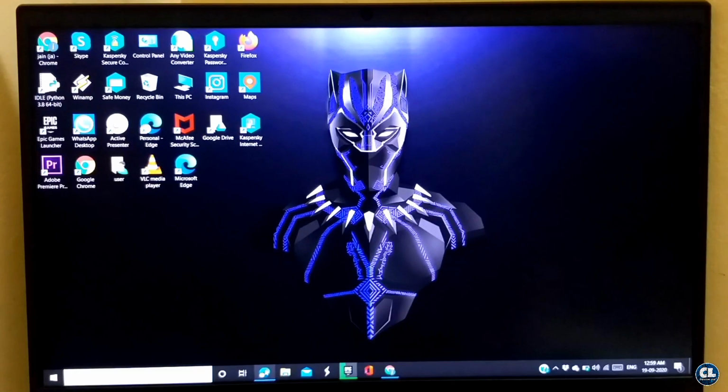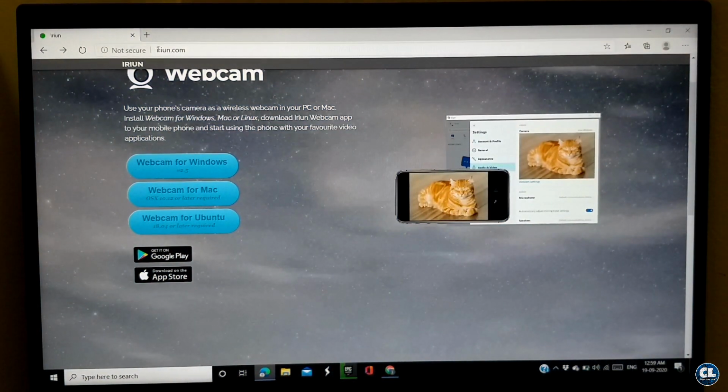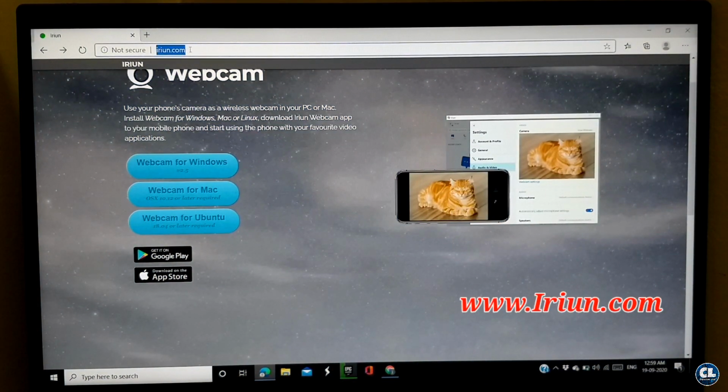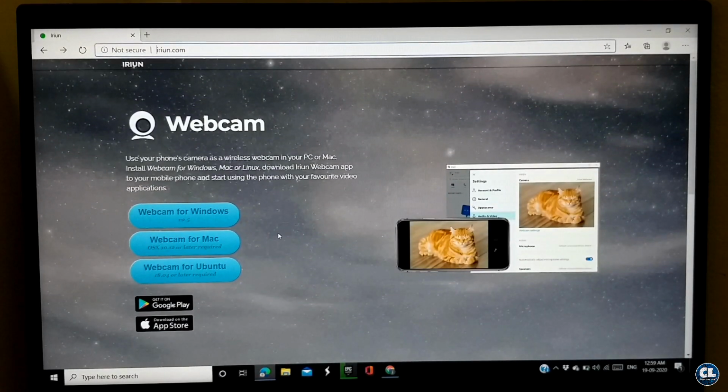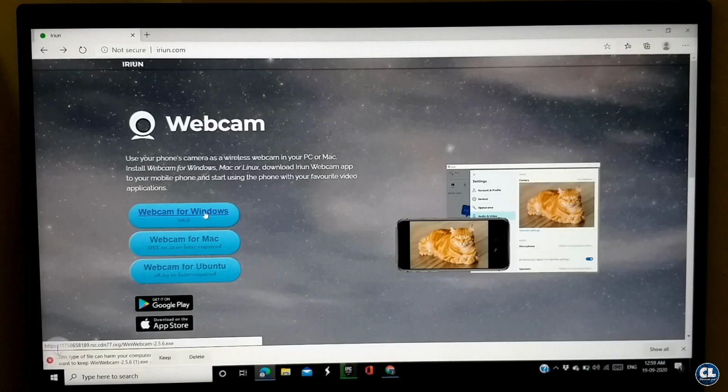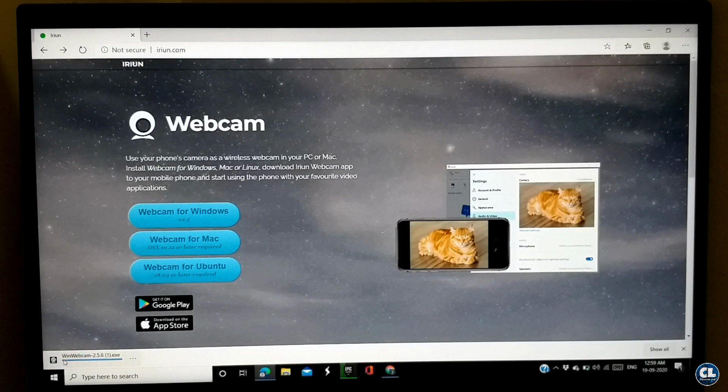First of all, just go to any of your favorite web browser and search for Irion.com, and you will reach its official page, and you can download it on Windows, Mac and even in Ubuntu. As mine is Windows, I'm choosing webcam for Windows and download the file, and the file size is only just 6 MB. Now open the file